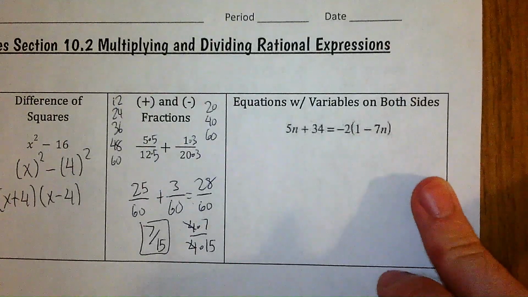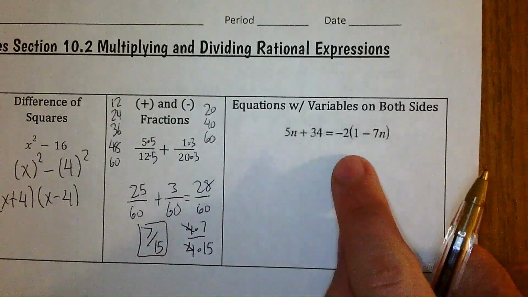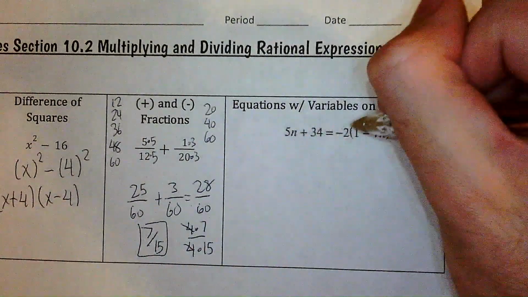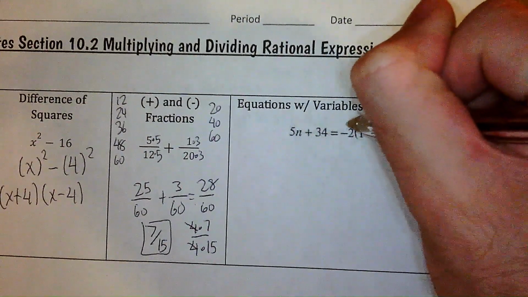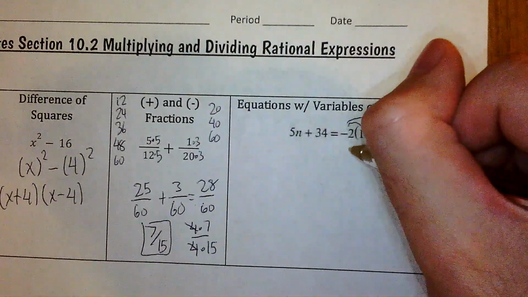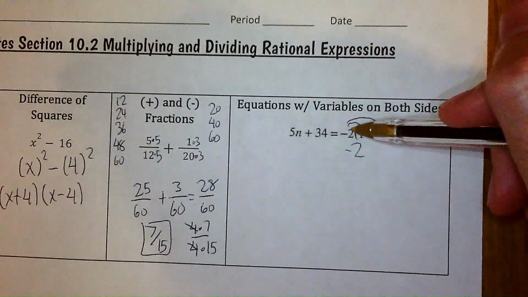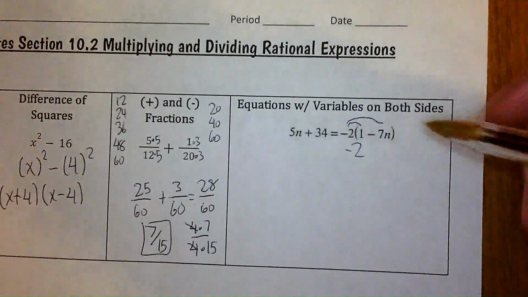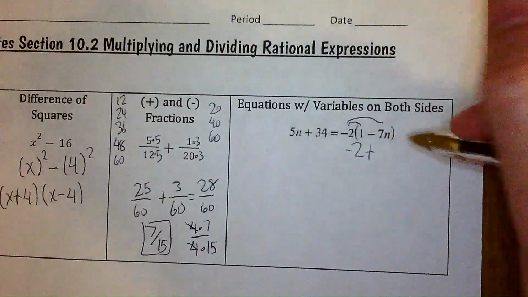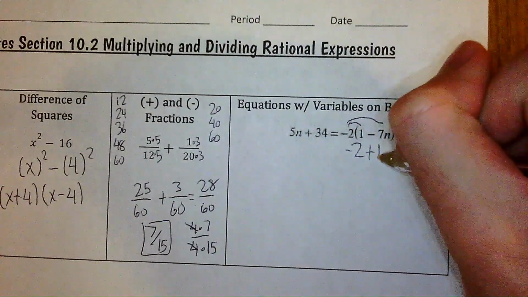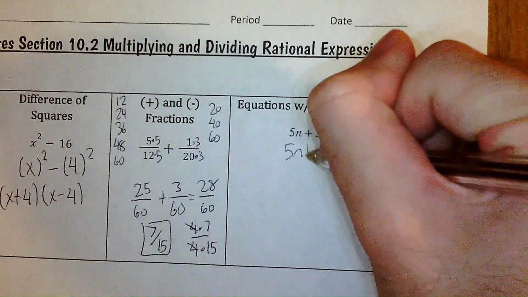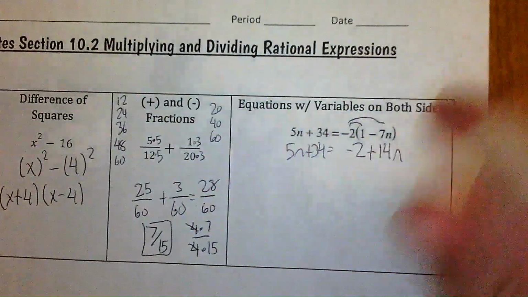Equation with variables on both sides. So first, to go with our order of operations, we have to get rid of these parentheses. So let's distribute this negative 2 to both of these terms. Negative 2 times 1 will be negative 2. Negative 2 times minus 7n is going to be plus, because remember, negative times negative will be plus, and then 2 times 7n, 14n. I have not done anything to the left side yet, so I will bring it down